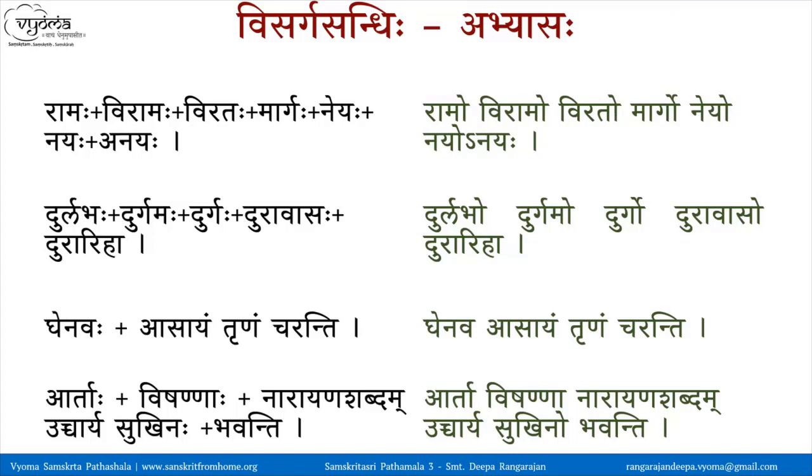Similarly, Vishanna Narayana Shabdam, because of Dirgha Akara being the letter before Visarga and Mridu Vyanjana after Visarga. Here it is Nakara. All the Varga Panchamas are Mridu Vyanjanas. 3, 4, 5 of the Vargiya Vyanjanas are Mridu. So the deletion happens. Then Sukhino Bhavantu. Sukhinaha is preceded by Hrasva Akara followed by a soft consonant, so Visarga is replaced by U. Gunasandhi happens. Sukhino Bhavantu.